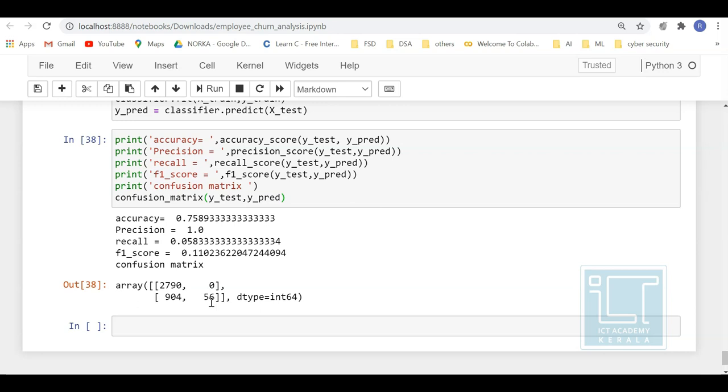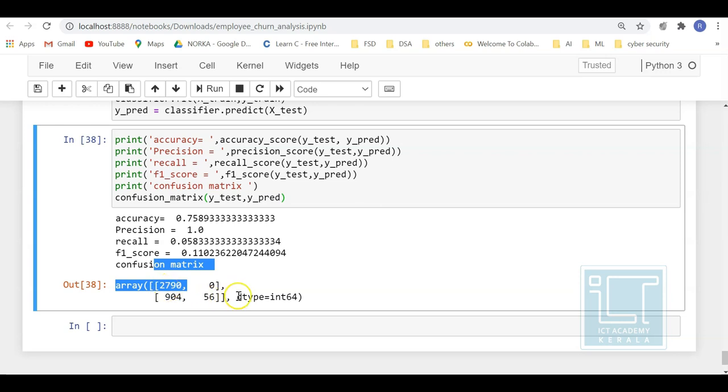So accuracy is the ratio of true values to the entire value. These two values, 2790 and 56, will contribute to the accuracy value.